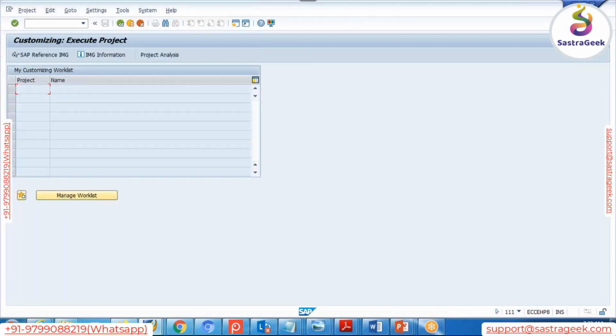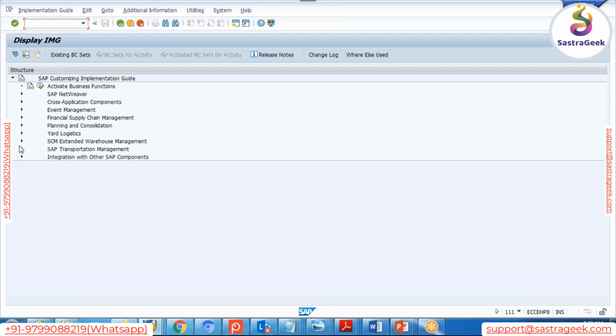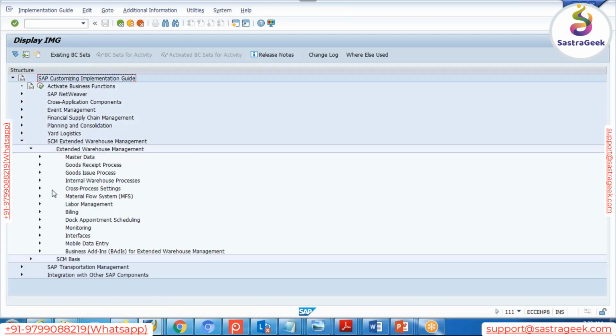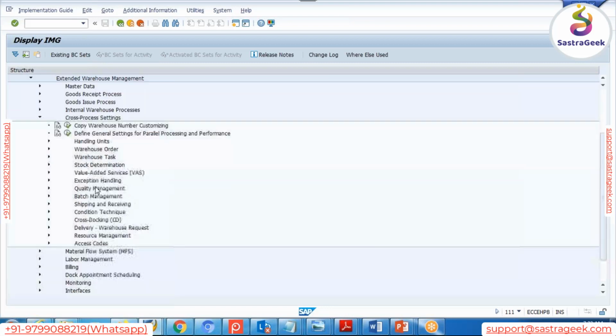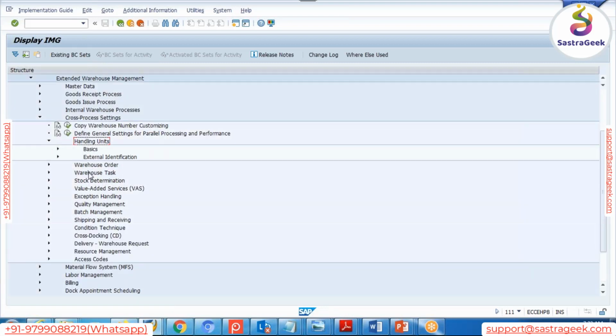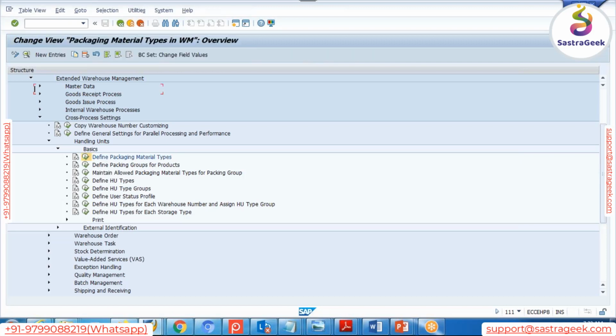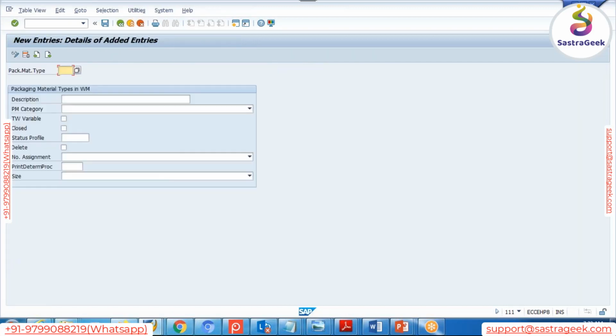Go to IMG setup, SCM Extended Warehouse Management, cross-process settings, handling units, basics. Okay, define packaging material types. See, this is the area, basics. Come to here, new entry,